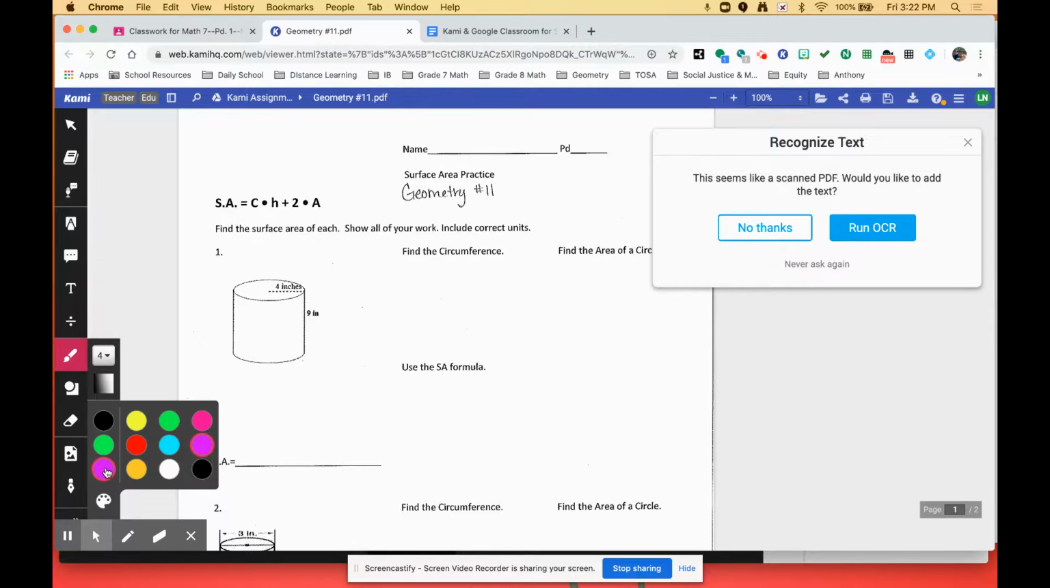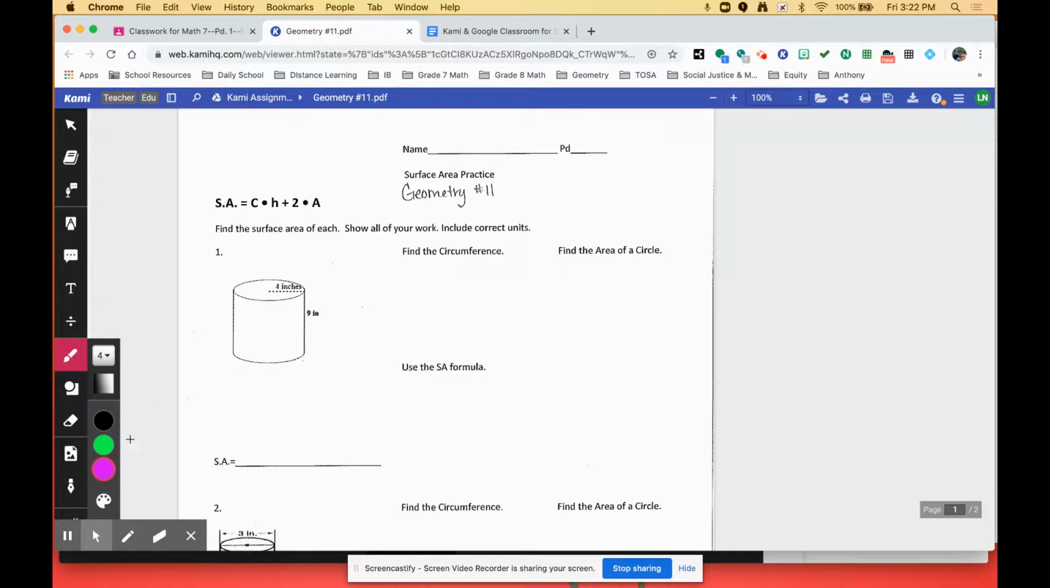So we're finding the surface area of the cylinder. And so first thing I want to do with my cylinder is to note what information I have here. So I'm going to start. This 4 inches right here is my radius. The 9 inches is my height. And so the first direction is it tells me